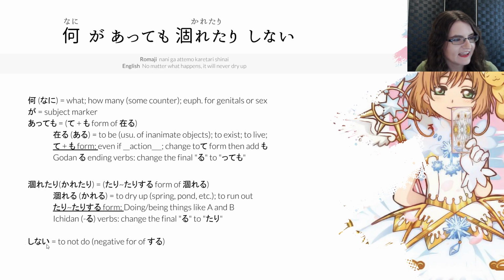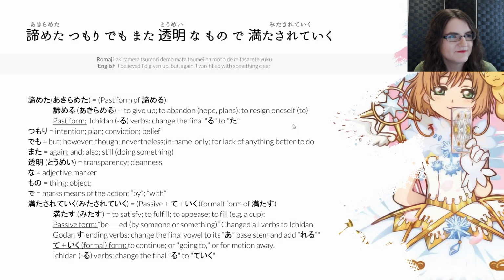And then the shinai here is the negative of suru. So it's like a regular verb, just kind of have to remember that one. And that means to not do. So to not do stuff like drying up. So the English here is no matter what happens, it will never dry up. And she is referring to that spring in her heart. It'll never go away no matter what. So believe in yourself. And next we have